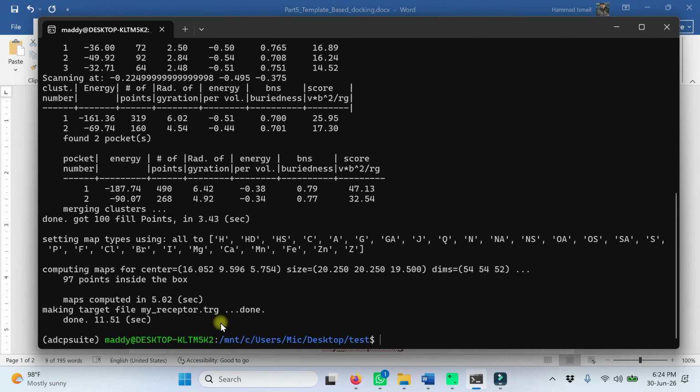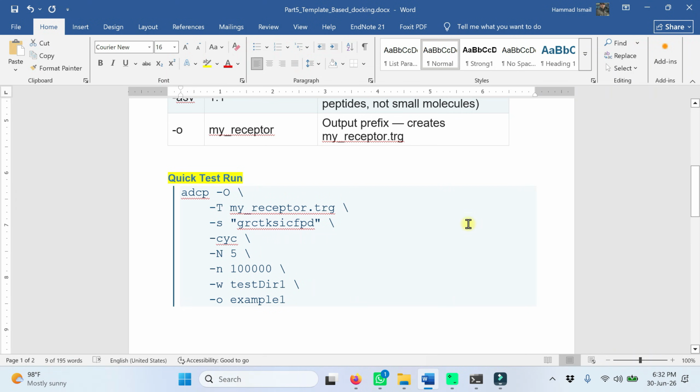It took a very short time because it only generated the box against the template, against the co-crystal ligand. It has not screened the whole protein. It just screened the binding site that was previously docked with your peptide. Now we are going to run a small test in which we are going to use